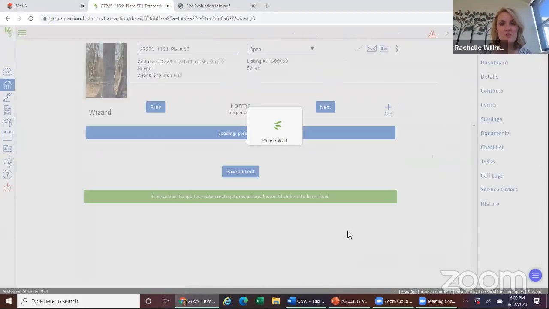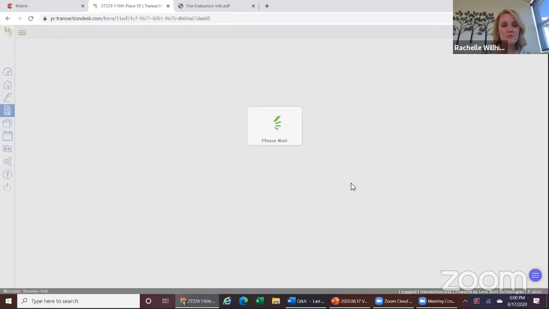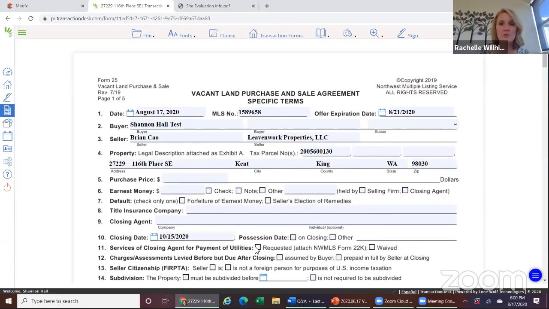There you go. And now go to transaction forms. We're going to go back to the form, the purchase and sale agreement. Let's check the appropriate things on the form 25. So the way you'd fill out form 25, you do have to know your numbers on the addenda, and it automatically fills in the buyer's information. You do want to,